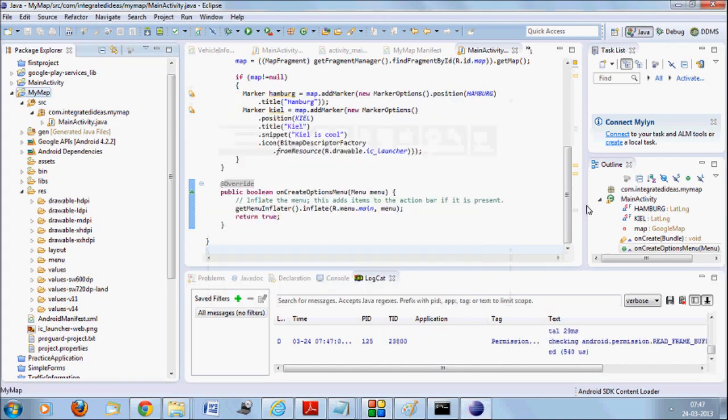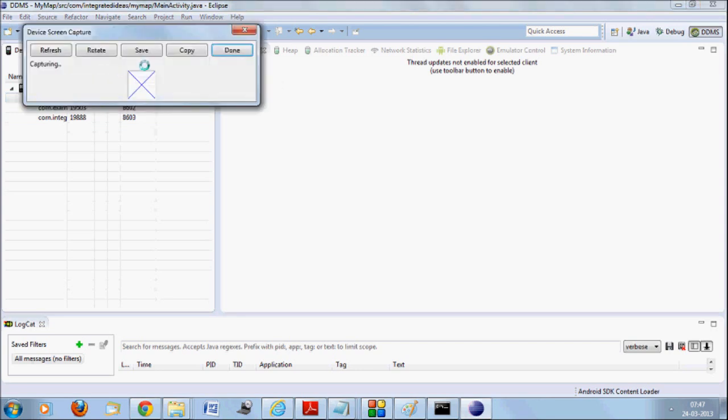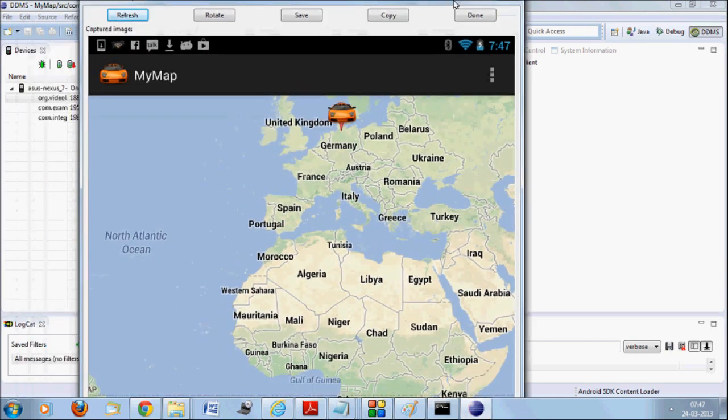I do also want to show you the successful running of the application. So you want to see the screenshot of how it goes. You have to go with DDMS. There is a tab here. Click on DDMS. You'll have the device perspective. In the device perspective, you have a screen capture option. Click on the screen capture option. You can see